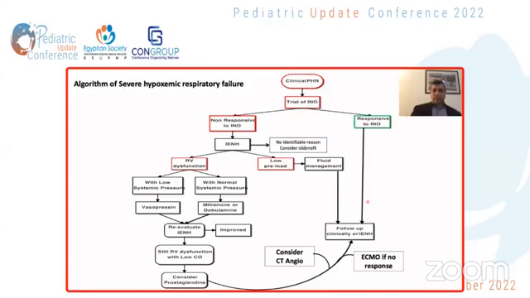If there is good response, it's fine, just watch by echo and clinically. But if there is no good response and the oxygen requirement is still high and the pulmonary hypertension is still significant by echo,